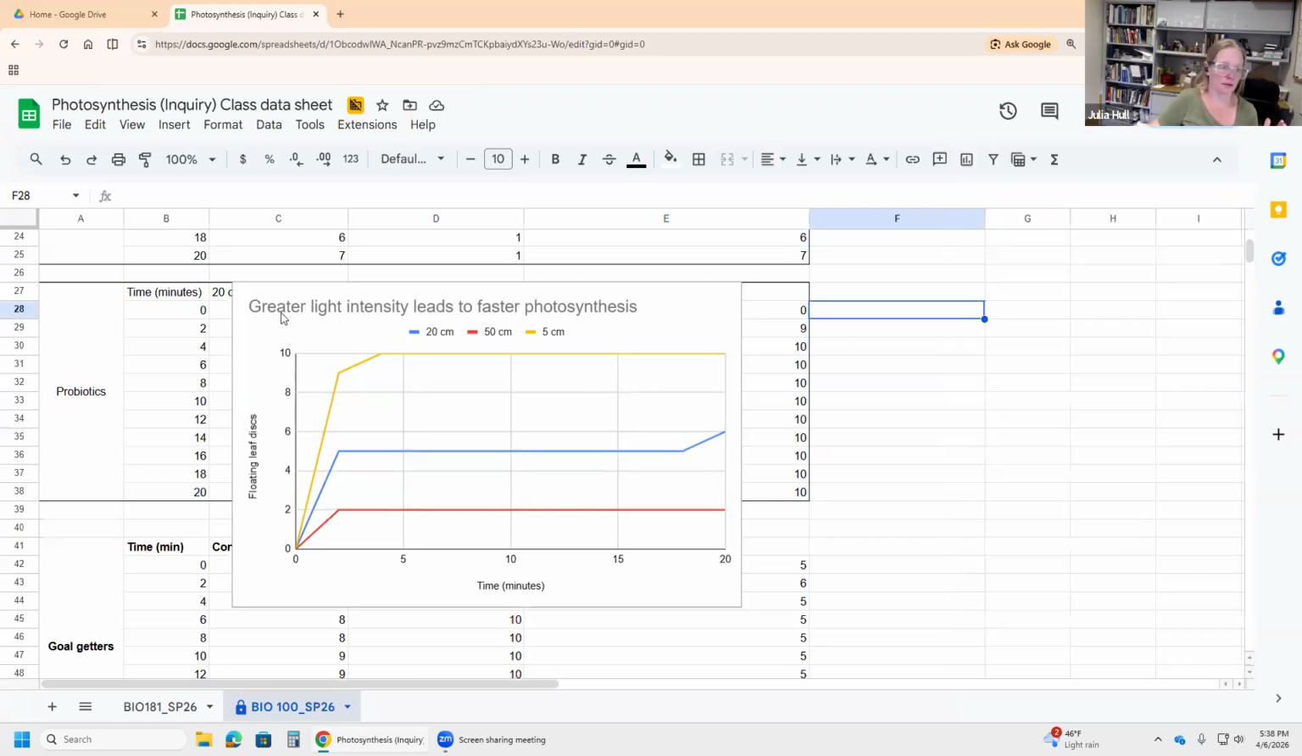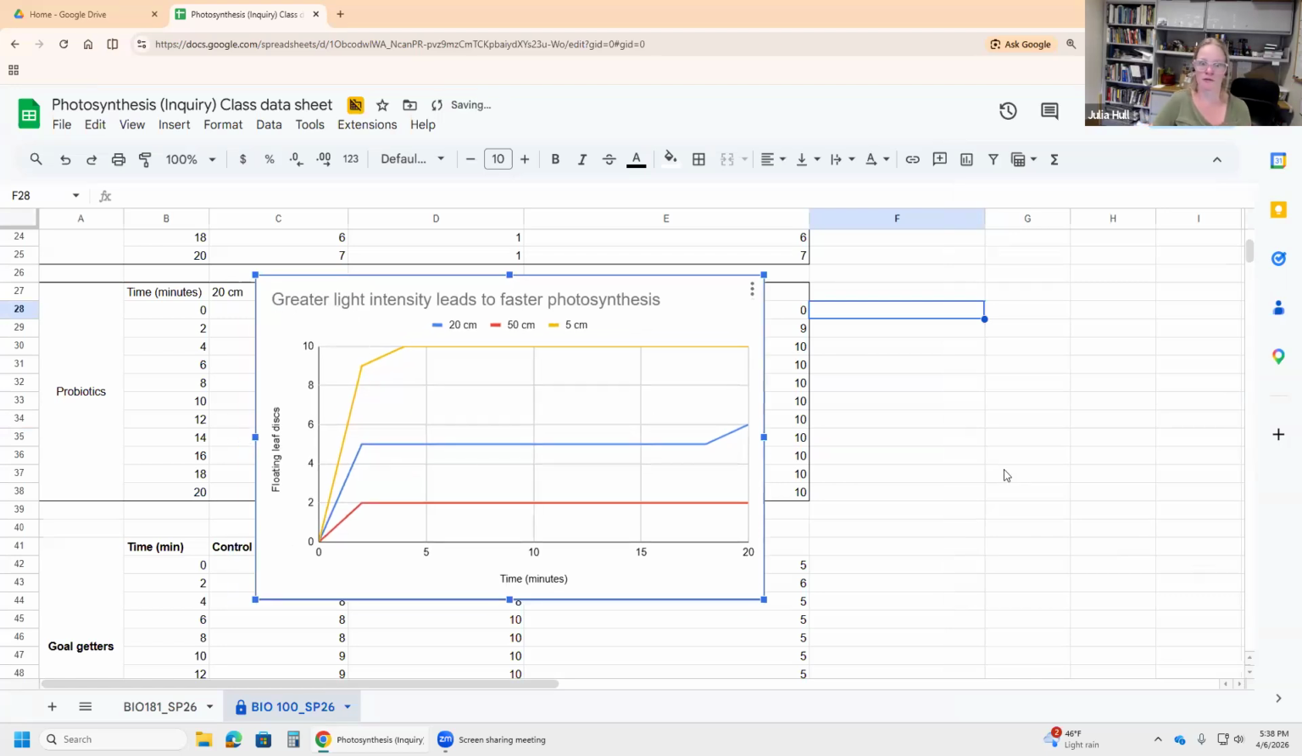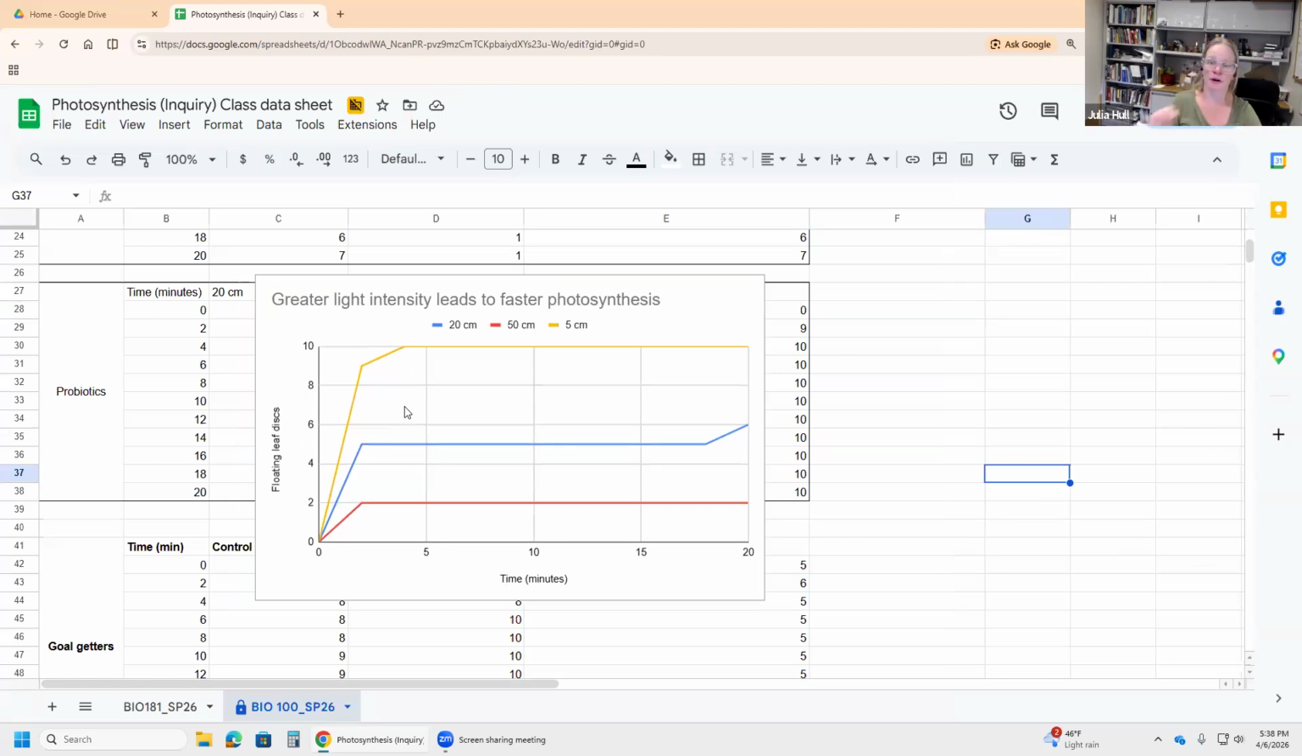Okay, so now what I can do is I can take a screenshot of this. I can save this as a PDF, whatever. You are going to save your graph and turn it in as part of your post lab. Okay, so however you